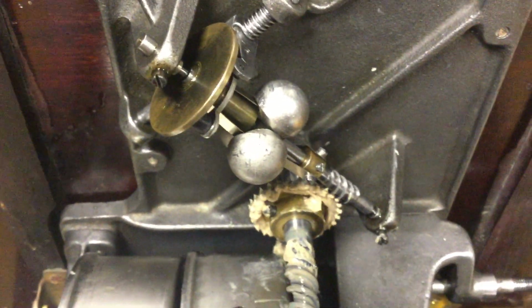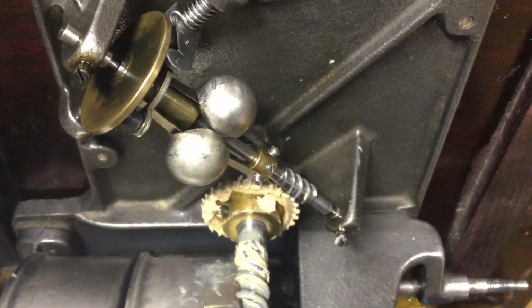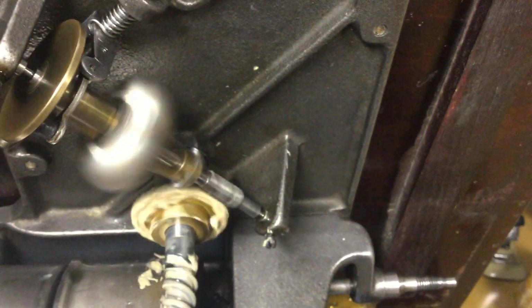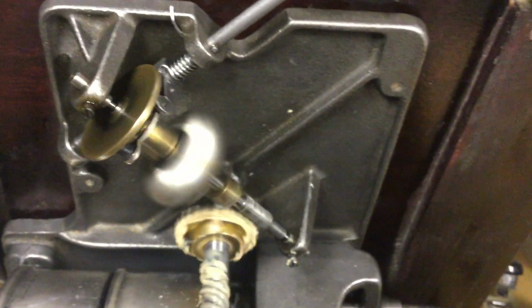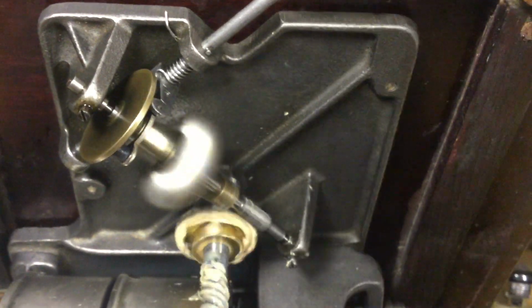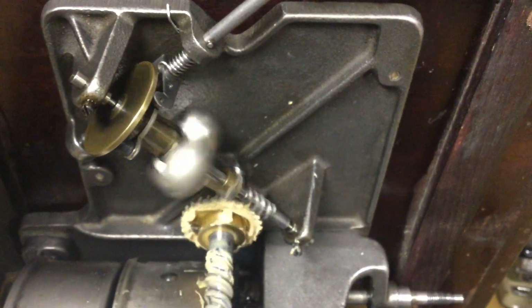So here we are. I've got the new governor installed in the machine, and of course it works pretty nice, but unfortunately the regulation is a little bit touchy, and the weights don't really move out as far as they did. So I did a little bit of checking here. Go ahead and turn it back off,